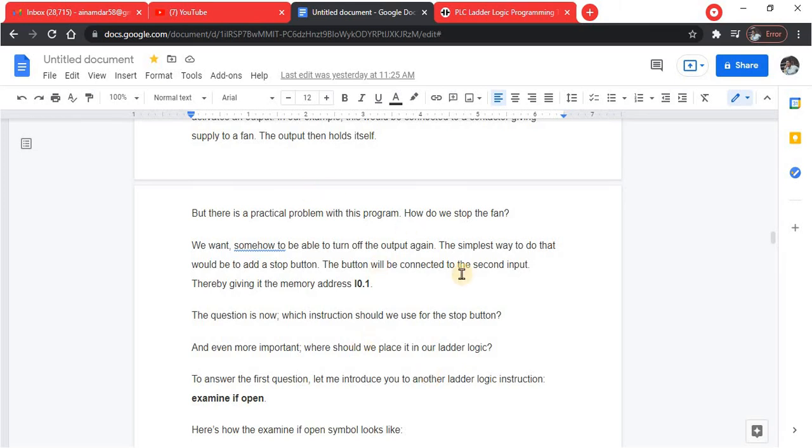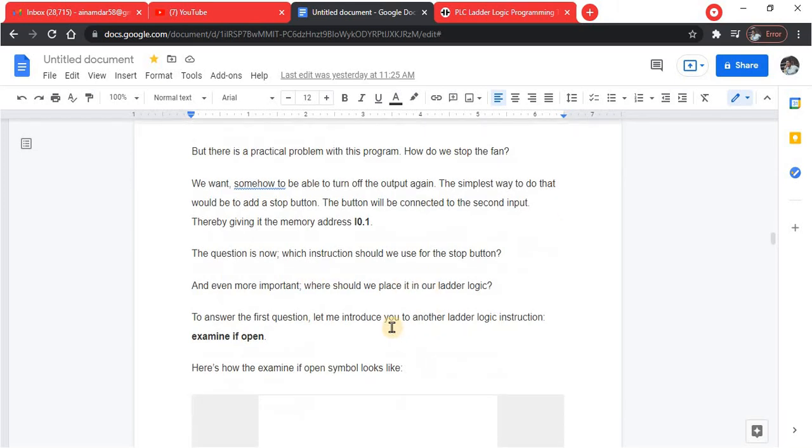So I will repeat. The simplest way to do this is to add a stop button. The button will be connected to the second input, and the address given to the button will be IO.1. So the question is now, which instruction should be used for the stop button? That is even more important.